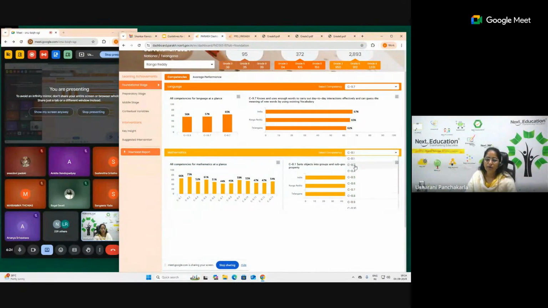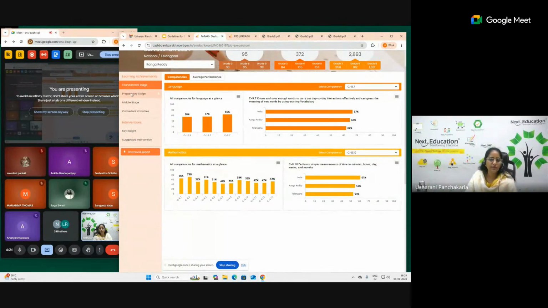Here also you have different competencies, that is CG1s. These have all been updated in the HPC document on the CBSE academics.nic website. You can go through it, and you can see here where the students are standing. Accordingly, what I said about the capacity building workshops would be conducted.